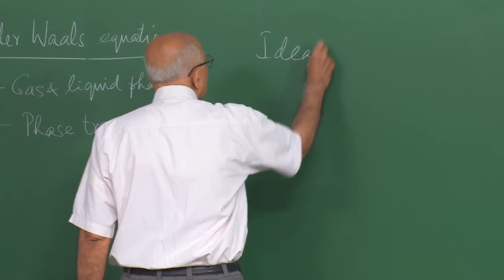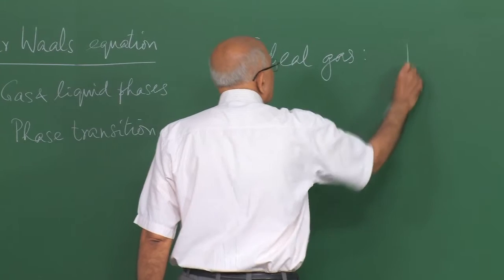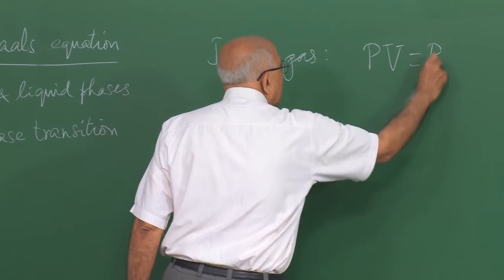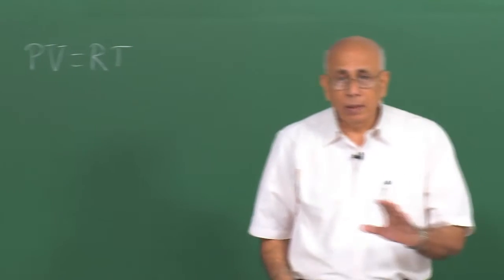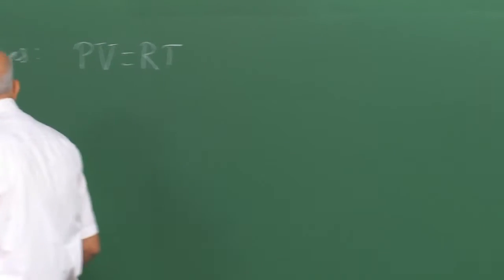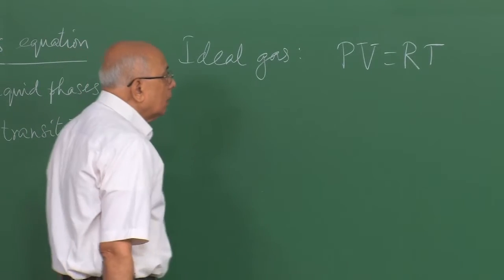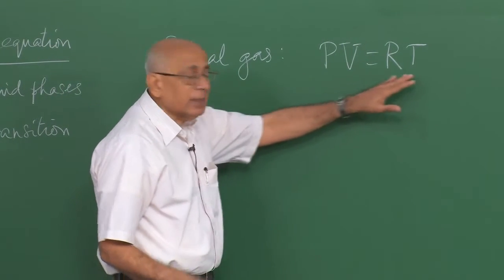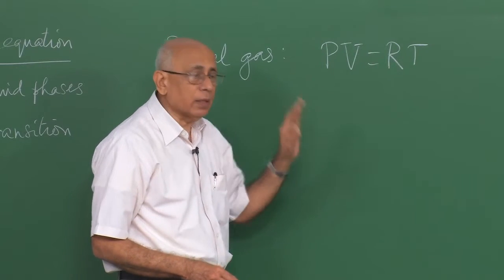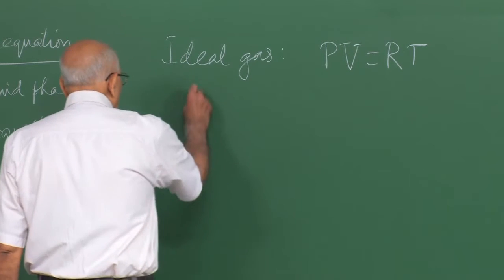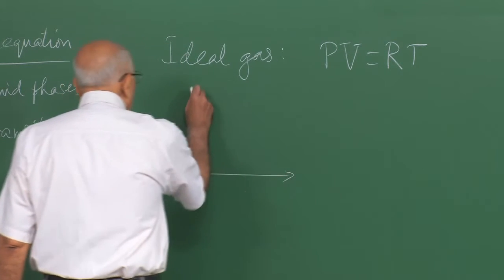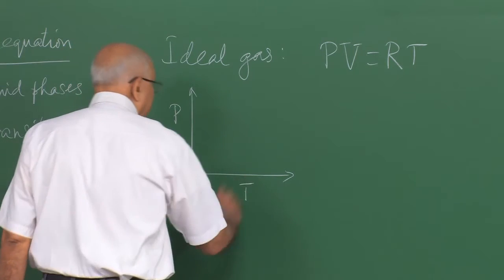So let us go back to the ideal gas and notice that the equation of state was PV is RT for 1 mole of the substance, and this implied immediately that in thermal equilibrium, if you fix the pressure and the volume, the temperature is fixed. If you fix any 2 of these, the third one is fixed by this equation of state, and we can plot in the so called phase diagrams, we can plot for instance P as a function of T, and this